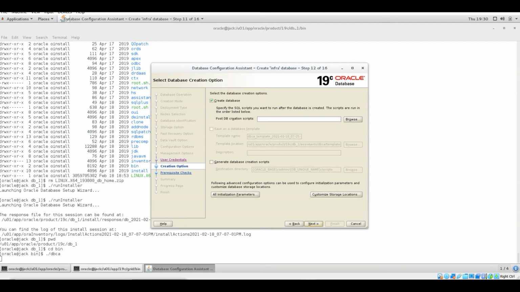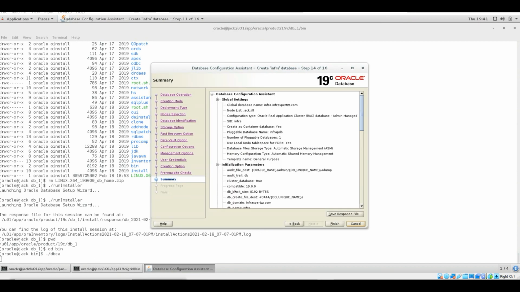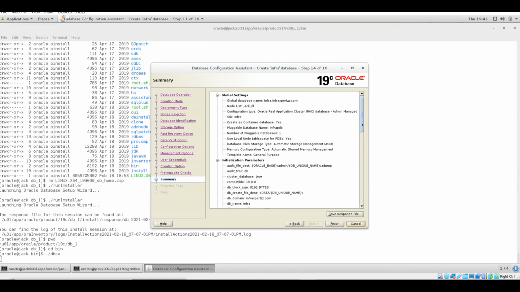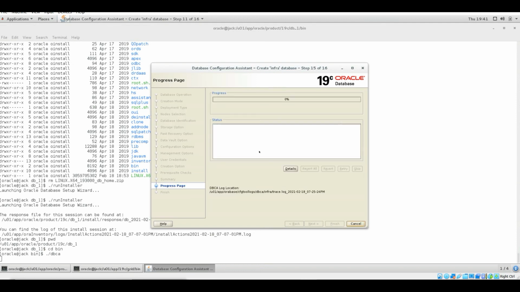Then create the database. My prerequisites are fine, and you can see the global database name, the node list, the configuration type, the SID which I am using, the pluggable database, how many pluggable databases I am using, use local undo tablespace yes, and you can see everything of the settings over here. Now let me finish it.